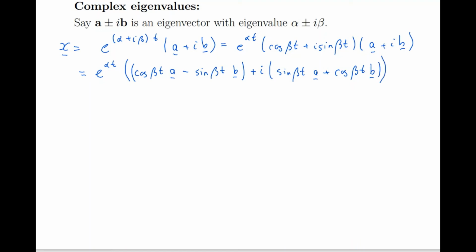It looks a bit complicated, but it's not too bad really, because what's going on now is I've found a complex solution, but I know that the complex conjugate of this would also be a solution. So by taking those two solutions and adding them together, I would cancel out the imaginary part, and I would get that